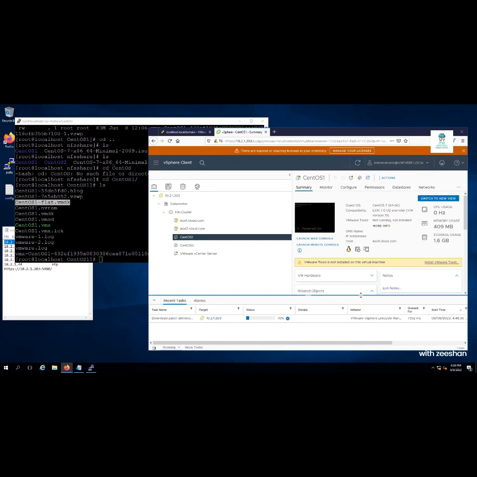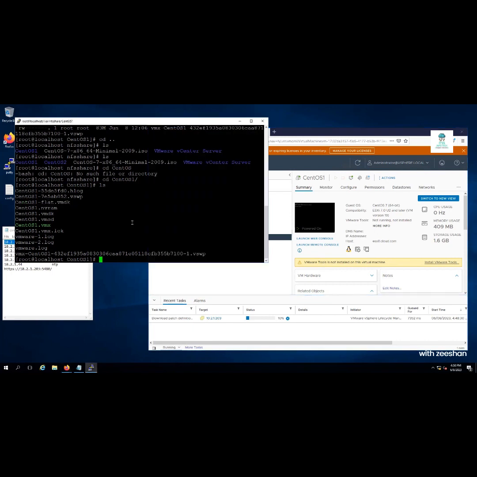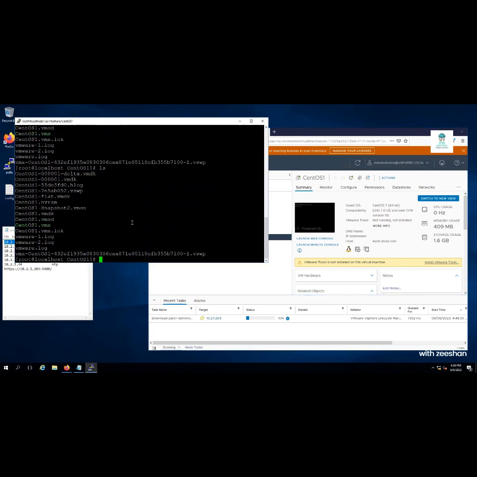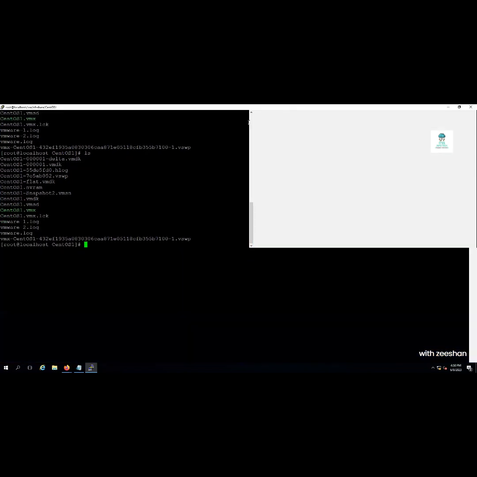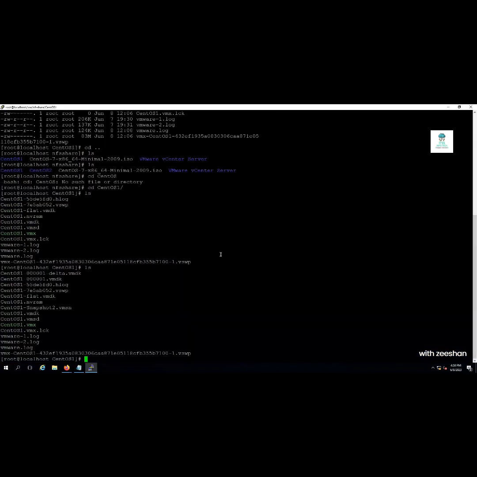So is it like an image of configuration? That's what I'm going to show you. If I hit enter again, you see, let's go big screen here. You see, when I hit ls before, what was the name of our disk file? It was CentOS1 flat.vmdk. Now, if you can see the difference, we have now